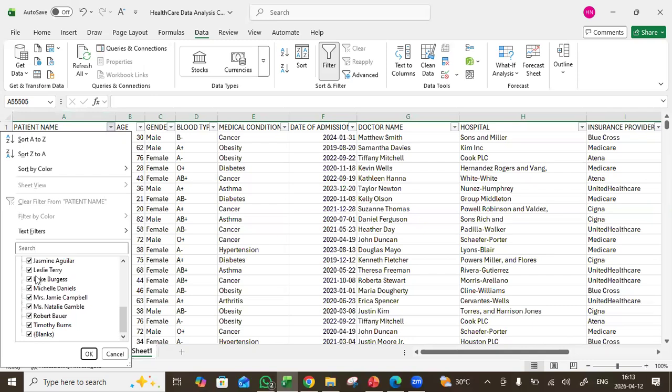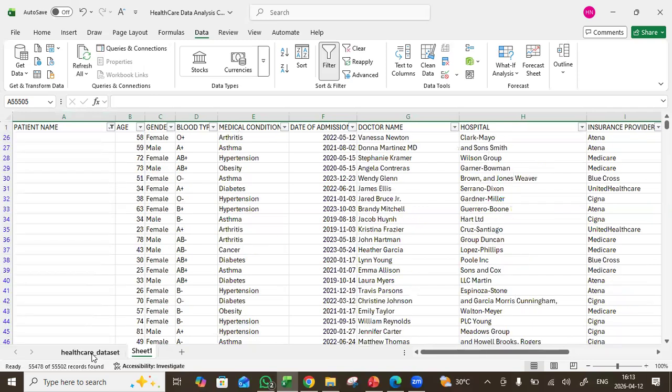Now I'm going to click on select. I just want to see only the blank. I'll deselect them, go and select only the blank. Oh, wow. So now we have blank data sets with patient. There are no patient names, but they have data sets. Now this is a